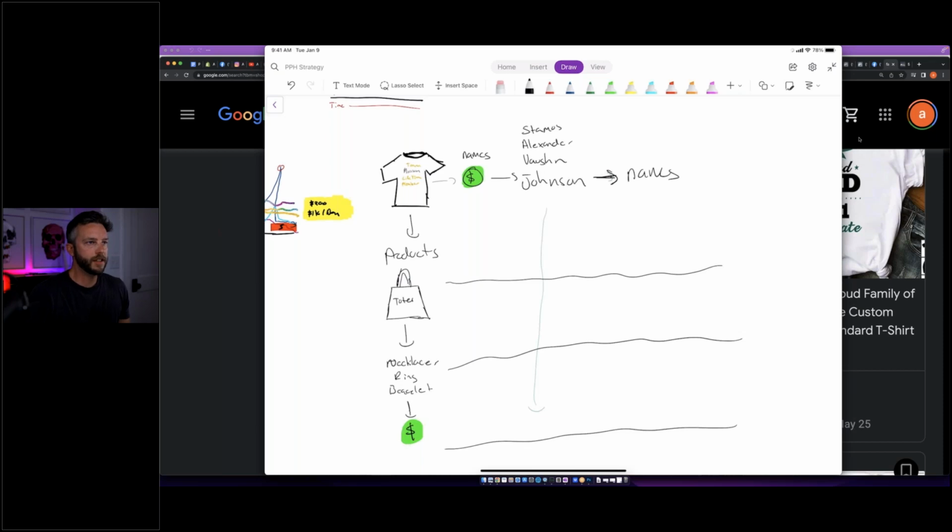Perfect. Okay, so let's take a look at some of the actual graphics that I used before. Now, this is really, really fun because I'm going way back in the archives here, and that excites me because it's so cool to see what I was doing back in 2014 and 2015 still working today. Now, again, it works in a different way. It works in that it could create consistent sales for you that trickle in, right?